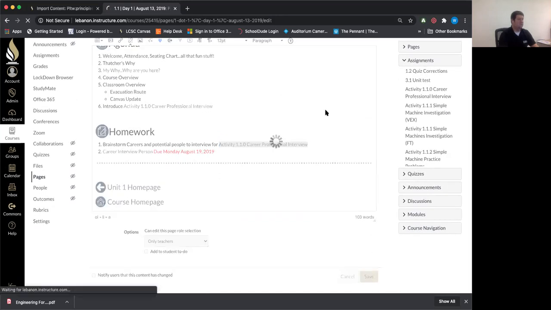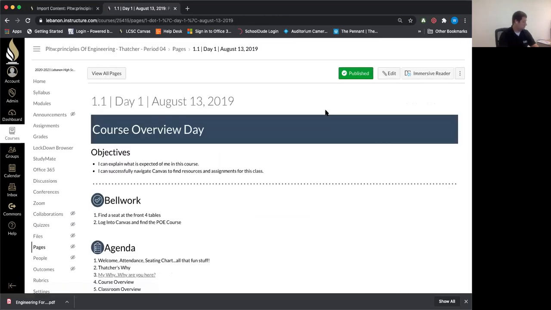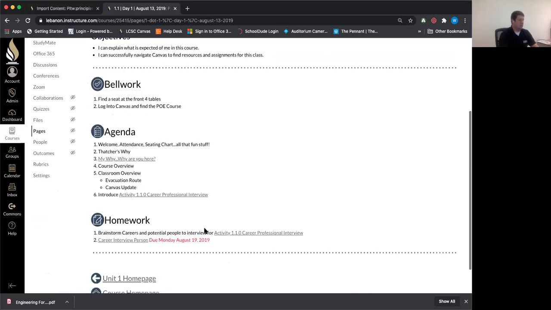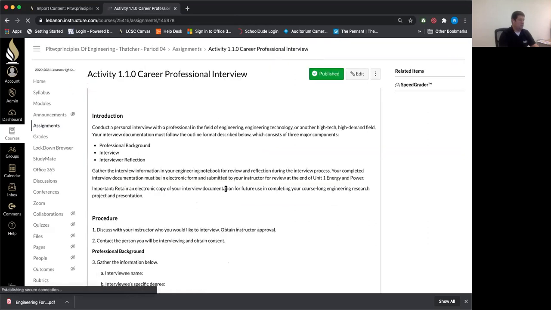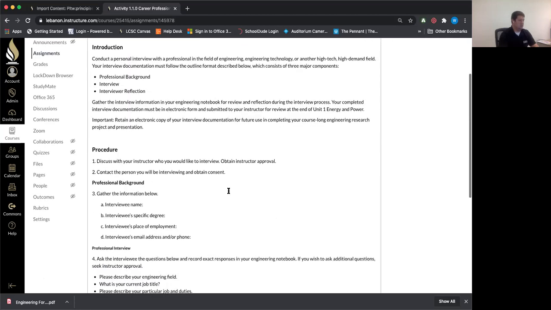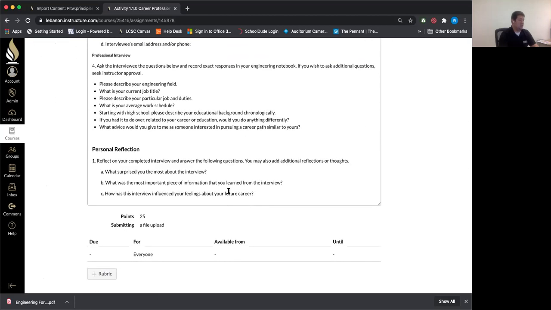And save. So now I've got that. Now that should work. So it is a good thing if you're bringing over content from last year to always double check all the links and make sure that everything still works, whether it's an internal Canvas resource or if it's,